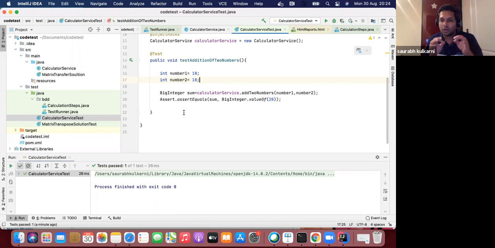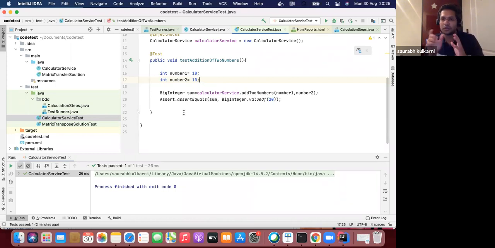Now, whatever the user story tells me in terms of the requirement, I have to make sure that I'm passing all those scenarios. Suppose my user story tells me it should add two numbers, multiply two numbers, divide two numbers, subtract two numbers. So what I need to do is write similar test cases. I write the addition test case first, make it fail, write the code, make it pass. Addition is done. One thing is done.